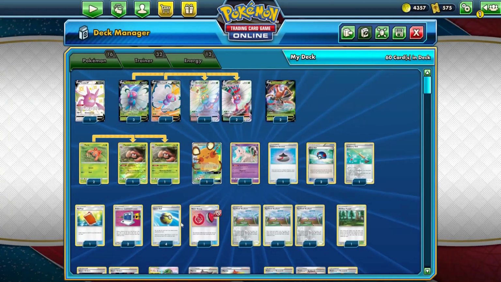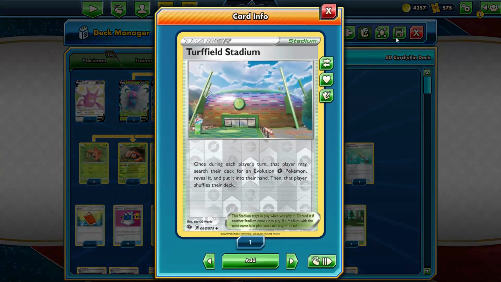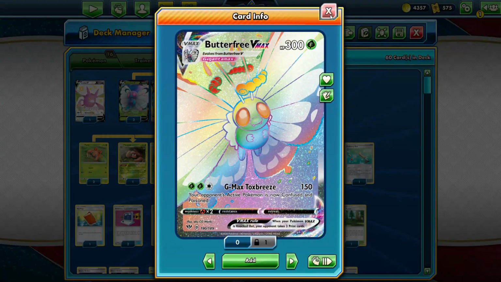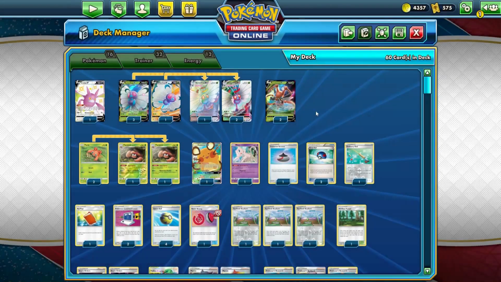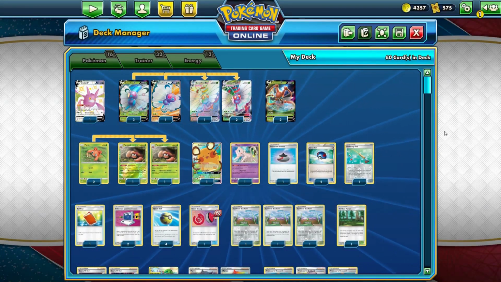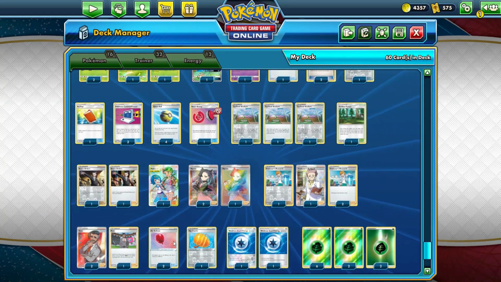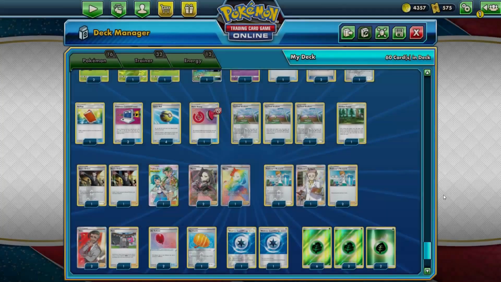Great Ball, Quick Ball, we had the Evolution Incense to get our Pokemon. Turf Field is a must, and it also helps grab our Butterfrees. We got 3 in there. Might be overkill, but we need to draw them as soon as we can. And 1 Viridian Forest, in case we're stuck and we just need that 1 Grass Energy. Plus it helps where if you have Grass Energy, you can discard it to get another Grass Energy, and that's all helpful. Big Charms, Air Balloons